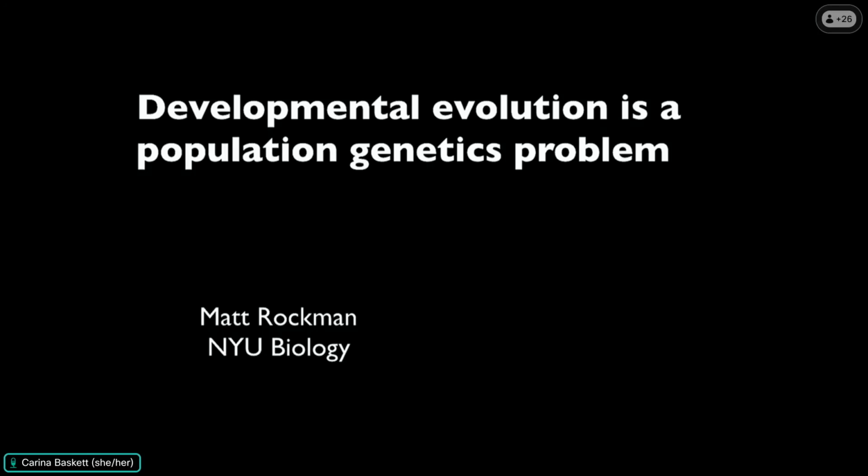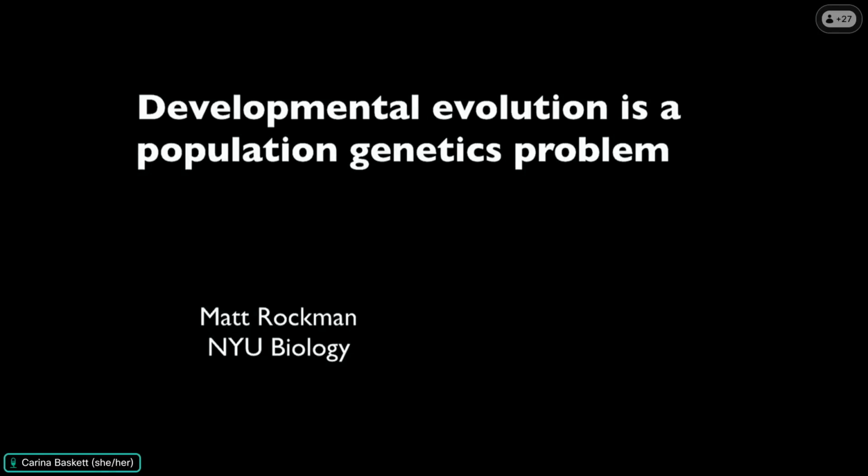When I talk about the evolution of development, I'm not really talking about the origin of phyla and these kinds of deeper aspects of organismal diversity. I'm really talking about the process of development from an embryo to an adult. Are there things about that process that are special that we need to consider when we're doing population genetic modeling or analyses? The claim I want to make is that indeed there are several things that are really special about this process of development, this ontogeny from a single cell to a complex adult, that we should take into